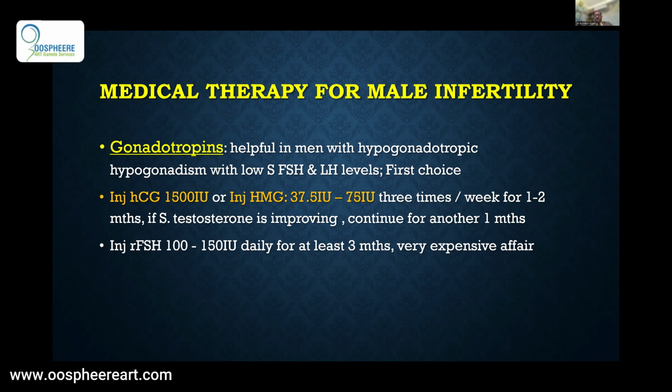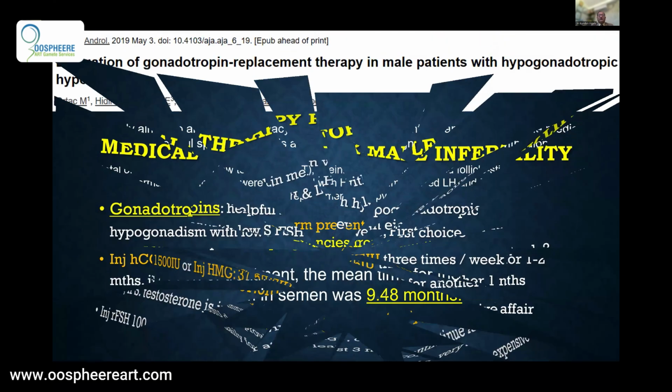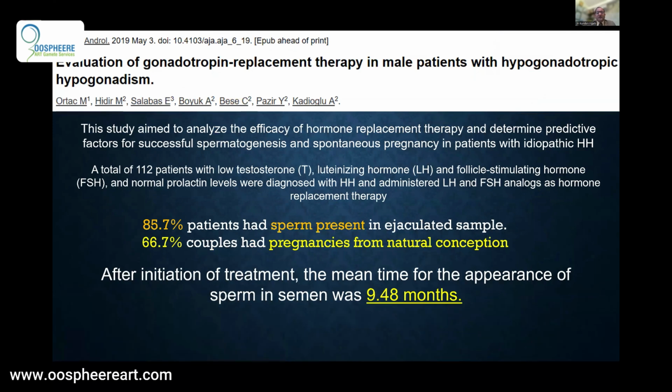So even with a low LH and low FSH level, better to give STG first, and then you can give HMG after the STG course is completed. So that's how you can give a medical therapy. Now,